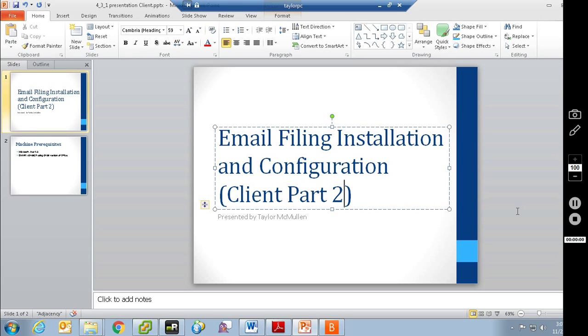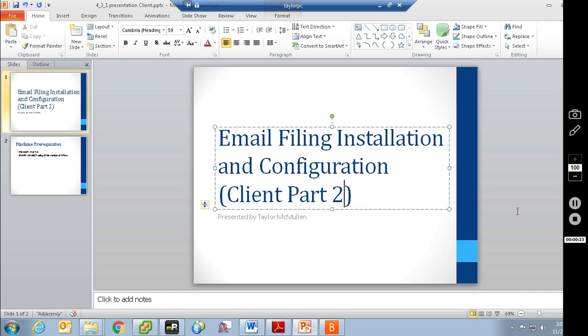This is the email filing, installation, and configuration video. It is for the client, and it's part 2. Part 1 focused on the core features of the AutoBulk filer and the local marker. This will look into some of the add-on features such as quick file and file to eDOCS and the email filing assistant in a little more depth, as well as how to configure things to work with the Exchange Connector